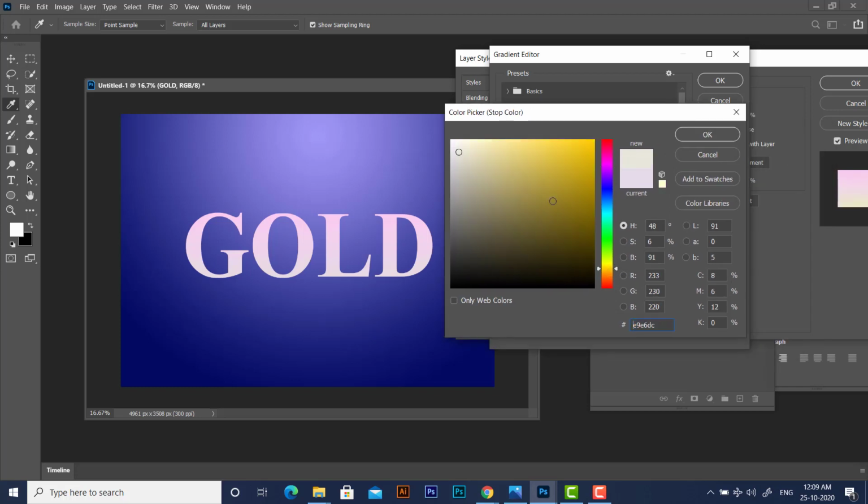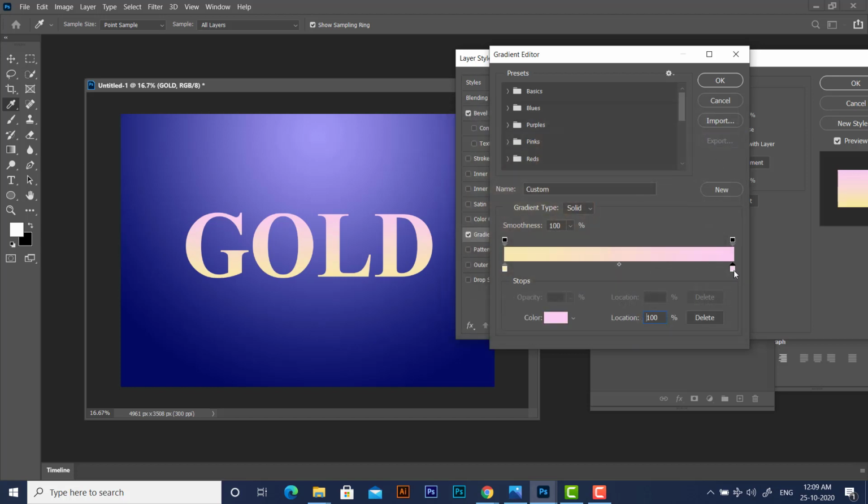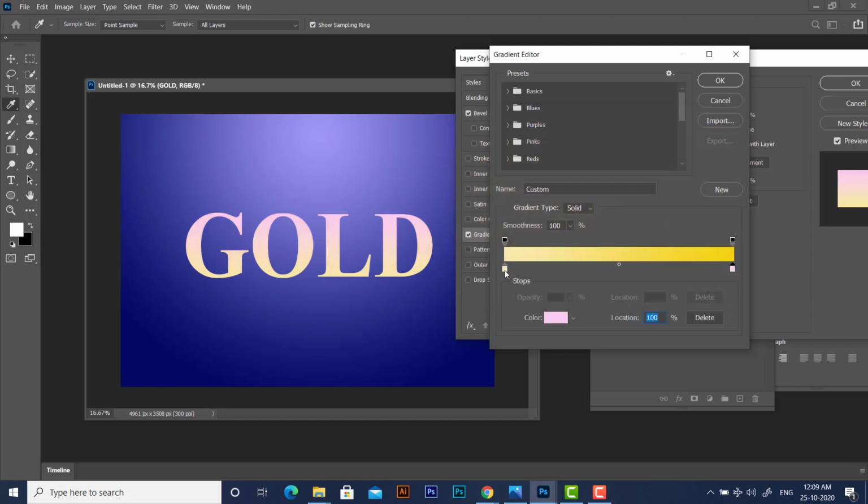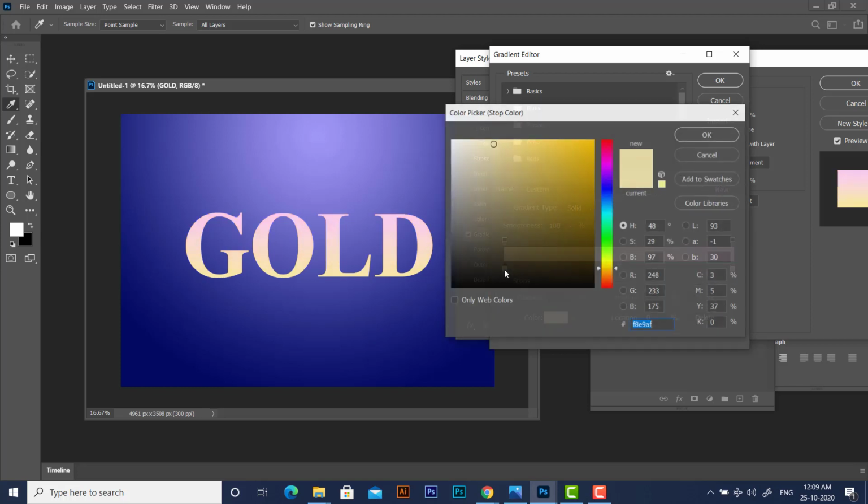For this button, let us select a creamy color, and for this right button we are going to select some bright yellowish, and you can experiment, and if you want you can check the values.